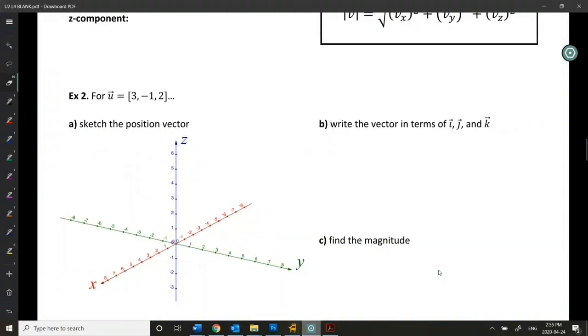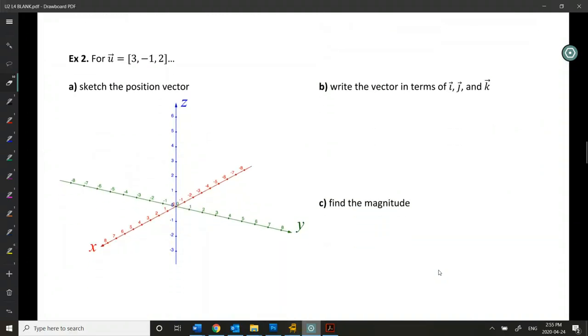So let's take a look at an example of those few things that we just went over. We're going to sketch the position vector for vector u, write it in terms of its unit vectors, and also find its magnitude. So in order to draw the position vector, we want to start at 0, 0. That's going to be the tail of our vector. And then we're going to sketch out to 3, negative 1,